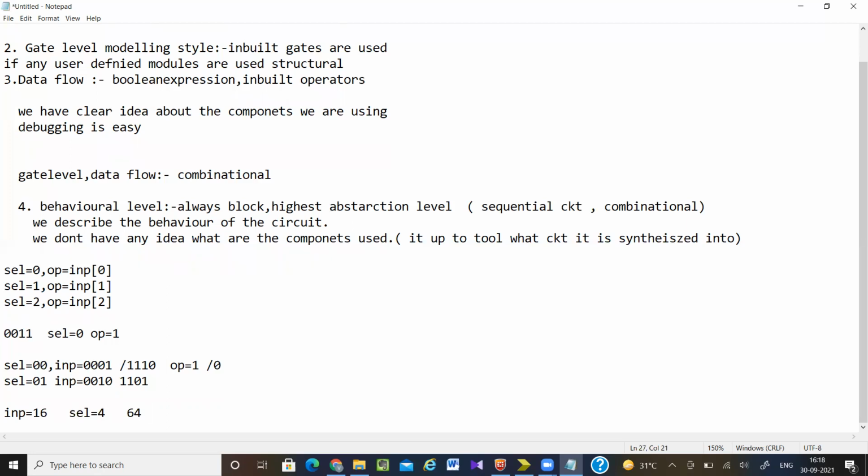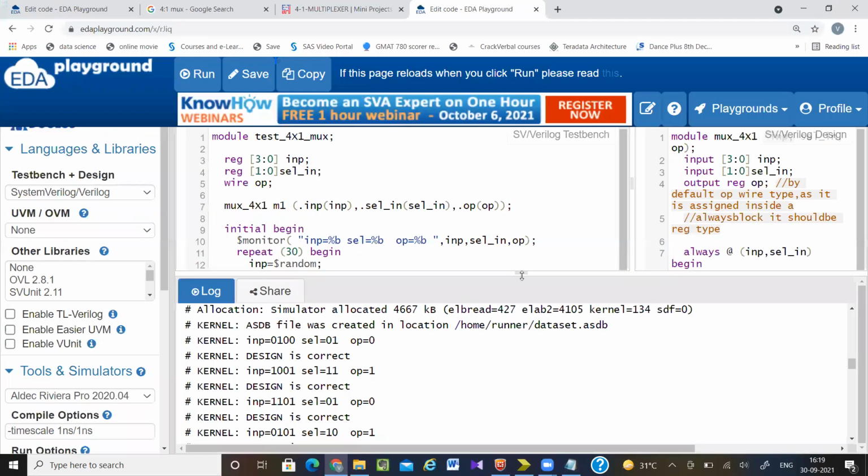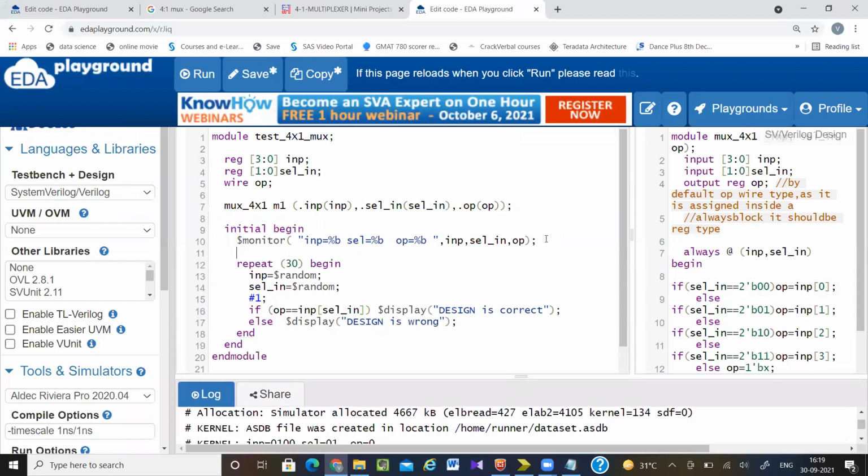But just think, if your mux equal to 32x1 or more than that, 256x1, then how many combinations are you going to generate if you check all possible combinations? I don't require to check all possible combinations. Whenever my select line equal to 00, I need to check just these 2 values. So I have to think like this: what are the signals I require? If I'm generating those signals, then I can say that my design is perfectly okay. So instead of writing these things, I have to generate those values.